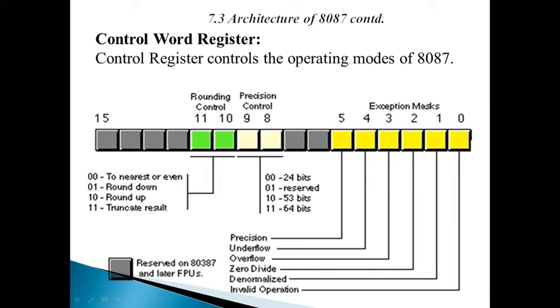Next, exception mask. It determines whether the error indicated by the exception affects the error bit in the status register. If a logic 1 is placed in one of the exception control bits, the corresponding status bit is masked off. It means these bits are used to mask the exceptions. In total, 5 bits are used to control the 5 exceptions.